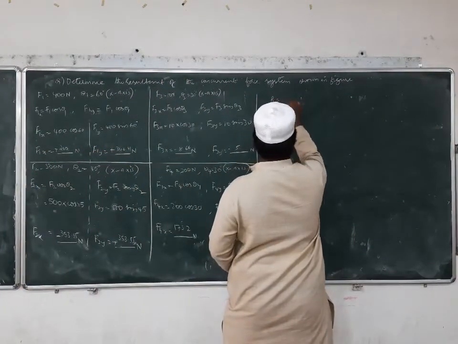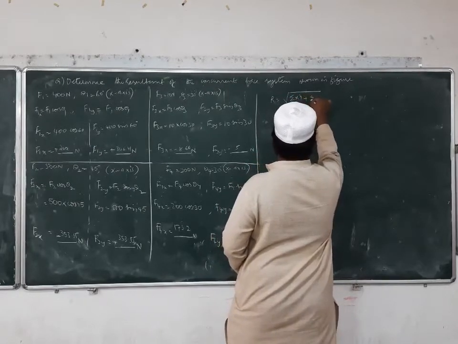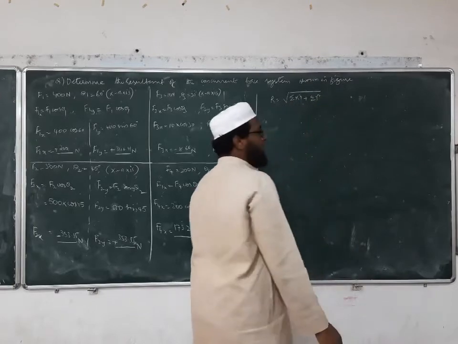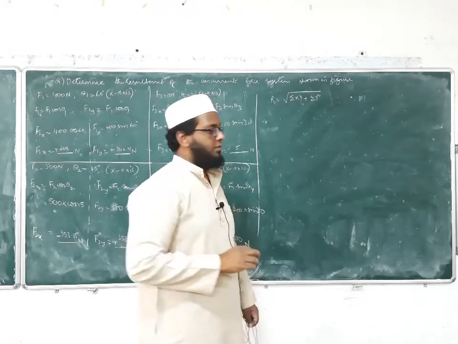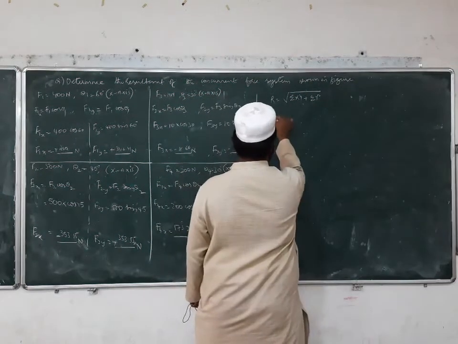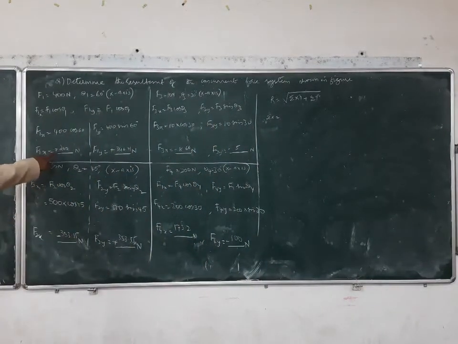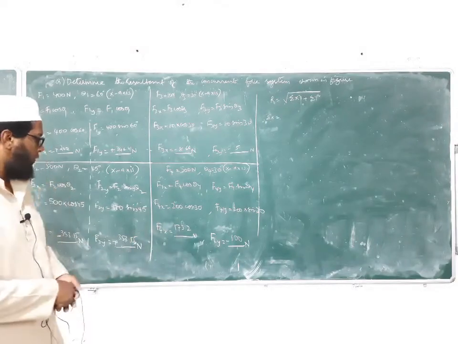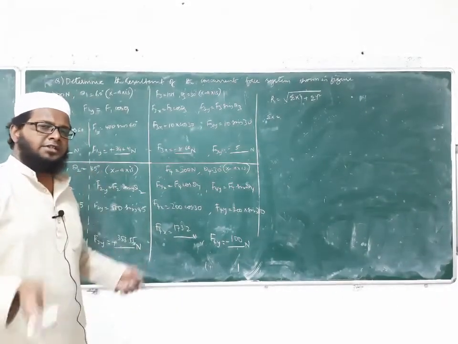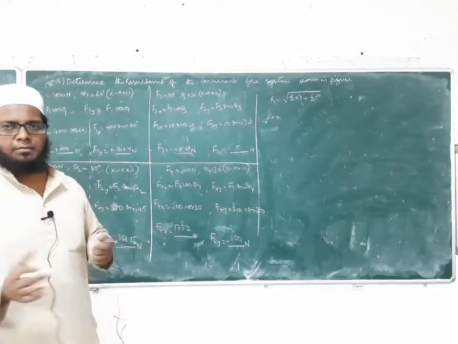So the resultant of multiple forces is given as the square root of sigma x square plus sigma y square. Now what is sigma x? Sigma x is nothing but the sum of all horizontal components. How many horizontal components do we have? See here we have 200. Here we have minus 353. Here we have minus 8.66. Here we have plus 173.2. So we'll add up all the values. Whatever may be the sign, minus you keep it minus, plus you keep it plus.